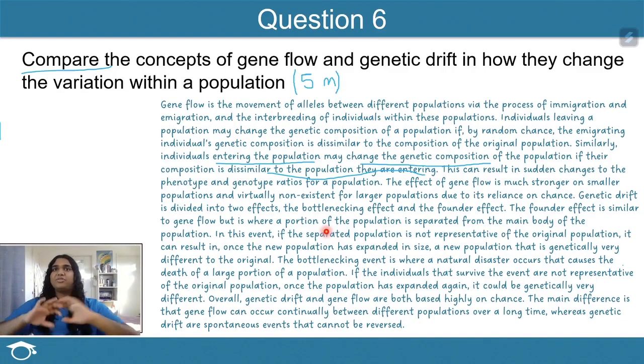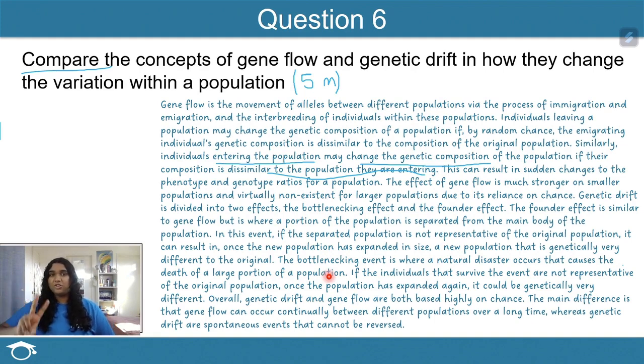So let's say that there are 3 different alleles within an original population. That surviving population only has 1 allele. So once they grow and interbreed back into their original size, they will only contain 30% of the genetic diversity of their original mother population. And the ratios of alleles that go towards that little surviving group are completely up to random chance every time. The bottlenecking effect, on the other hand, is where a natural disaster occurs that causes the death of a large portion of the population.